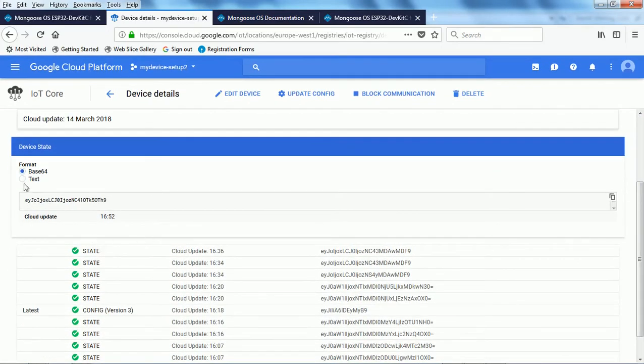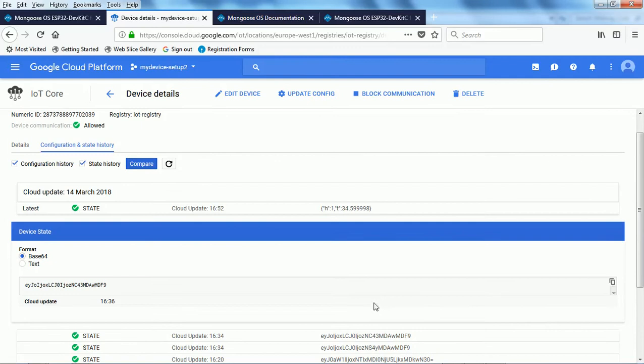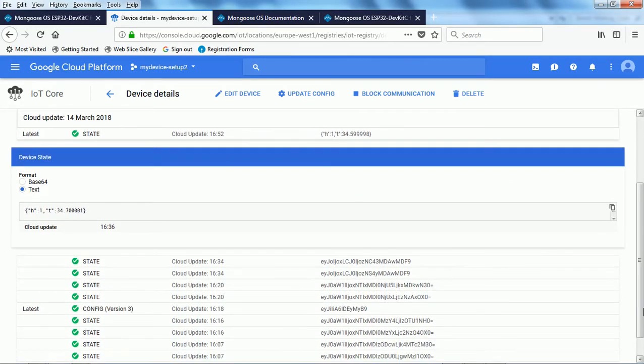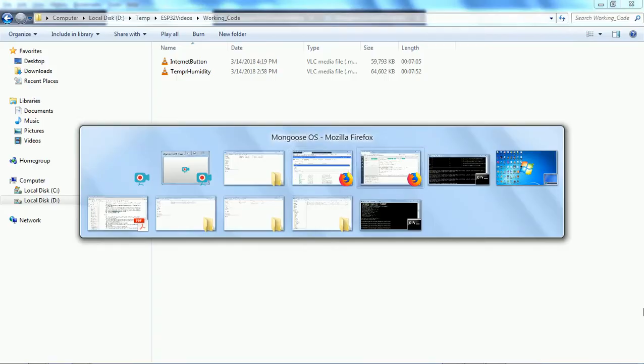I'll just put it as text. You can see this is the humidity and the temperature, which was sent at 1652. Similarly, if I expand it, here you will see temperature and humidity at this time. That means the message from the IoT device is going only on the press of a button. That means we are in a way controlling when to send the message to the Google Cloud, and it is not sent continuously or on the basis of some timer, but it is actually based on a click of a button.